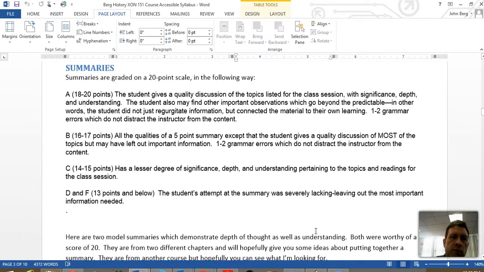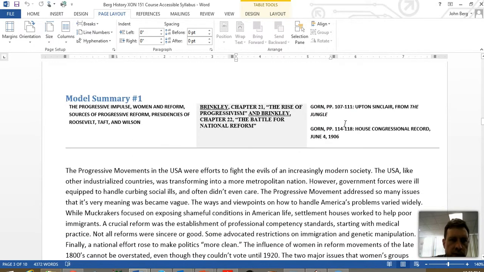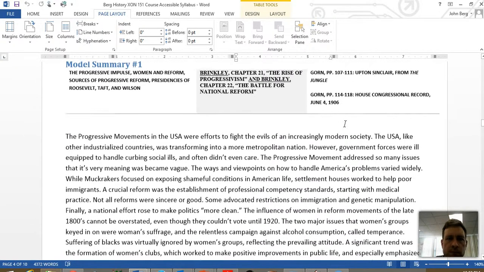The thought paper will be discussed in another video. Summaries. Summaries are graded on a 20-point scale in the following way. Beneath that, I have 2 model summaries which demonstrate depth of thought as well as understanding. Both are worthy of a score of 20. Feel free to look at those. These are from a different course and a different textbook. However,